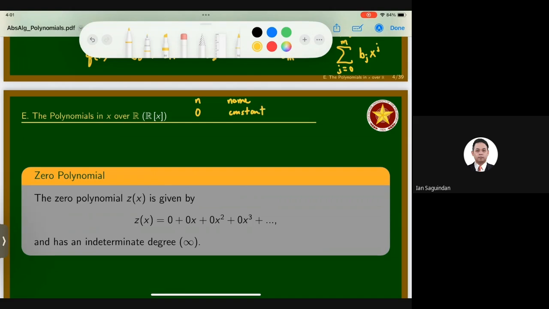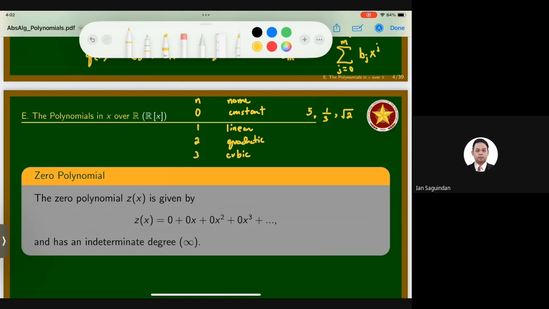Okay, for example, 5, 1/3, square root of 2. So basically, all real numbers are considered to be polynomials. We can consider it to be a subset of the set of all polynomials over R. So if it is of degree 1, we call it a linear polynomial. Degree 2, a quadratic polynomial. Degree 3, a cubic polynomial, and so on and so forth. If we do not have a special name for that, we could just say that it is an nth degree polynomial.